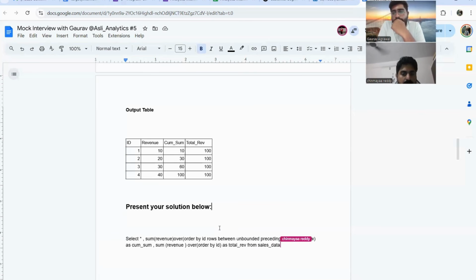Will this work? What will order by ID do? It will order by ID ascending. So for ID one, it will try to find everything above it and will not find anything. For ID two, it will do the same thing. So it will give you the cumulative sum.